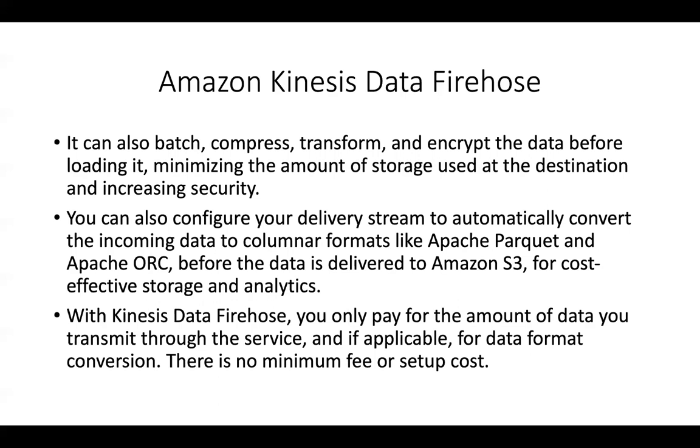So you can use your own KMS key encryption over here, or you can choose the encryption key that Kinesis Data Firehose already provides you with, right? Which is AWS's managed key, but you can also present your own customer managed key. You can also configure your delivery stream to automatically convert the incoming data into different columnar formats such as Parquet and ORC before the data is delivered to S3 for cost-effective storage and analytics. And you will have to configure a Glue job, a Glue database, and a Glue table in order to do this transformation, right? In order to convert it into a different format than the format you are sending it in.